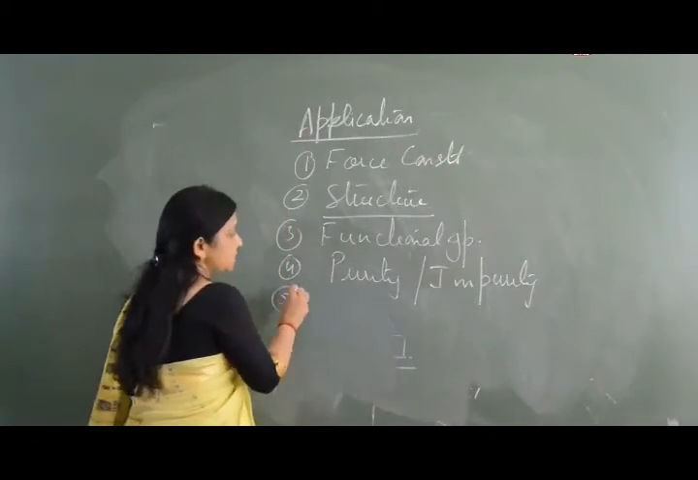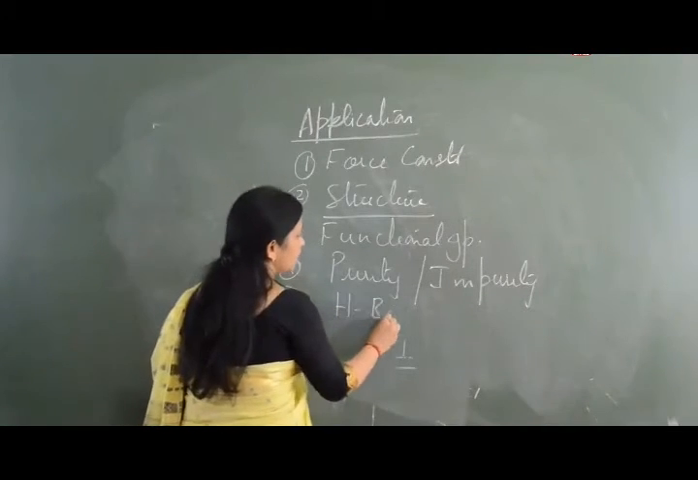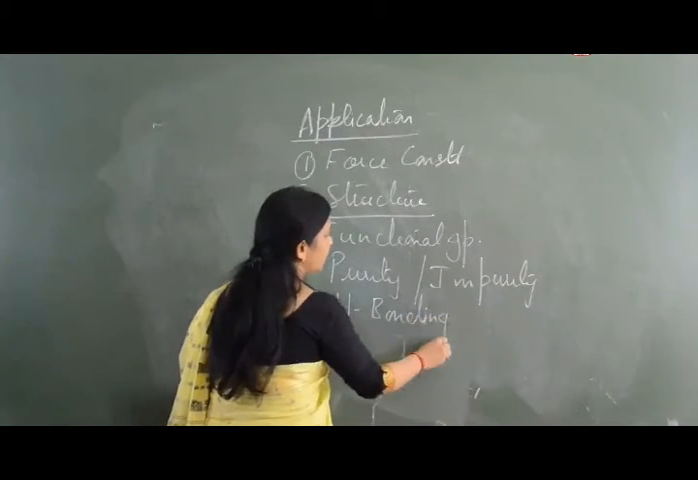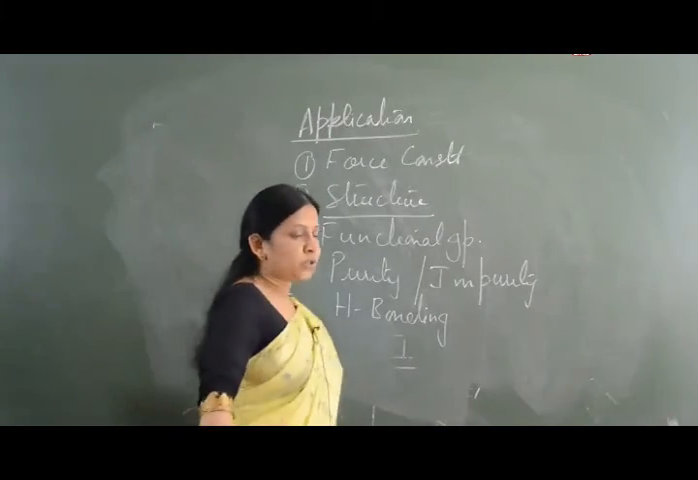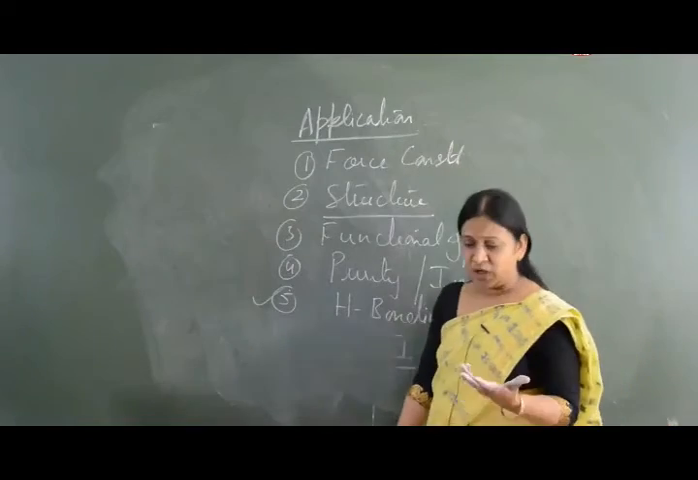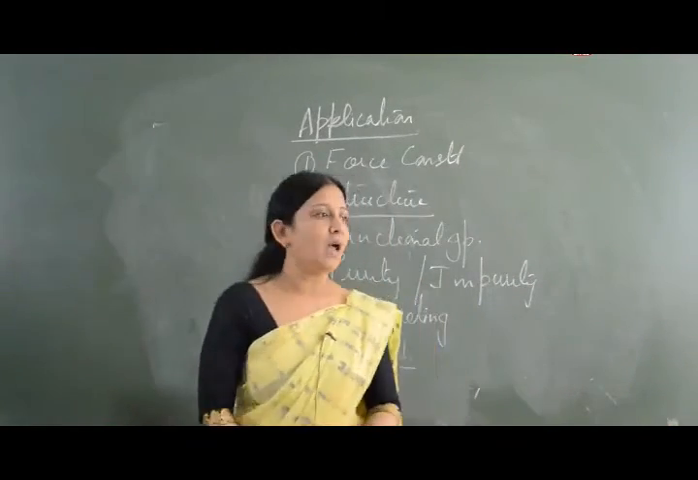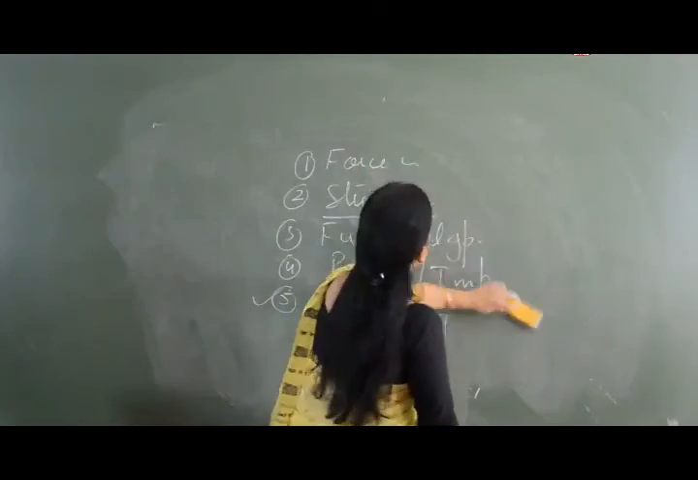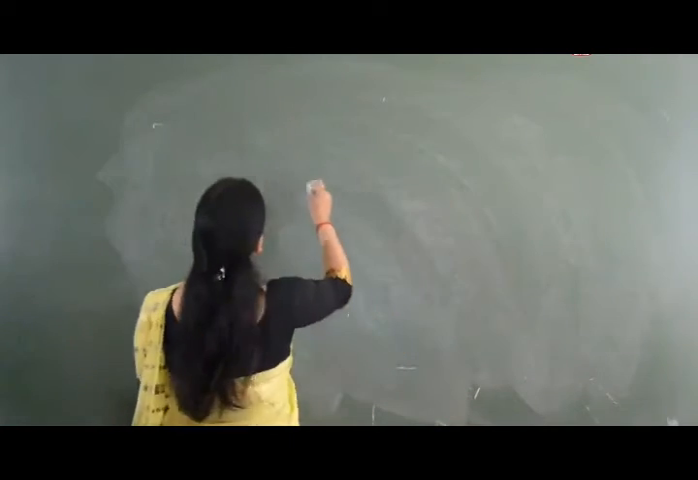And last, it helps us to distinguish between the two types of hydrogen bonding, and it is the most important application of IR spectra. So we have two types of hydrogen bonding, intermolecular and intramolecular. So, if we discuss this, then